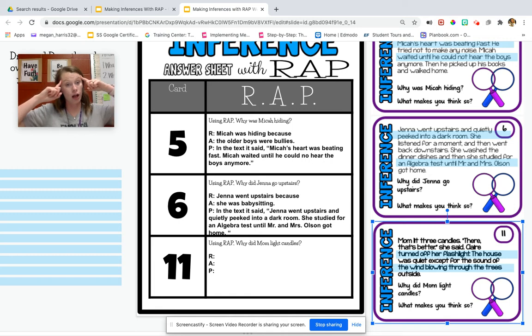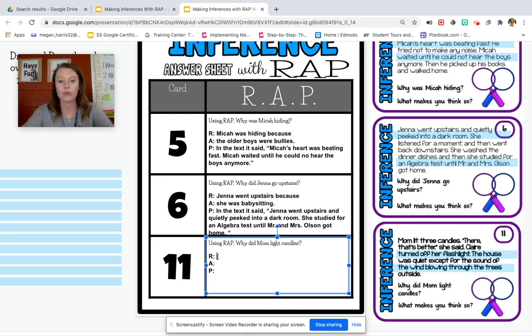So let's think about, we already found the clues. Let's think about our background knowledge. What do I know about someone who has to use a flashlight? It's dark. When do we use a flashlight? When there is no other light, when it's dark outside. Well, what do we know about it being dark outside and being able to hear wind blowing through the trees? We know there's probably a storm going on. So what happened? The electricity went out. Okay, very, very good.